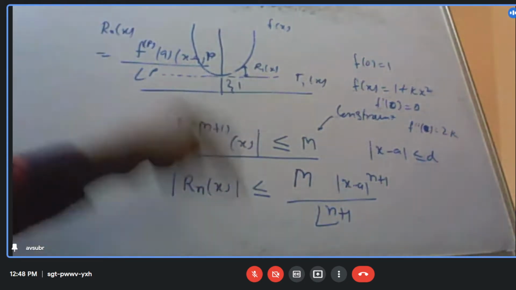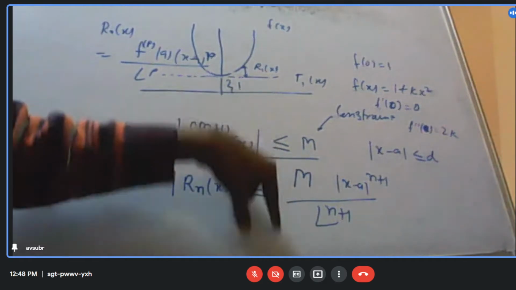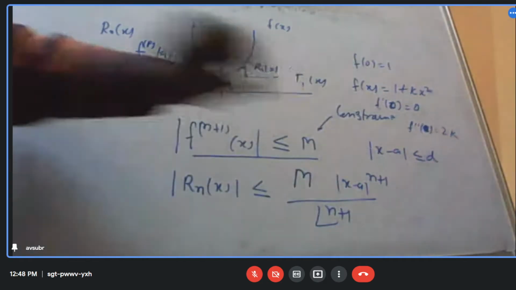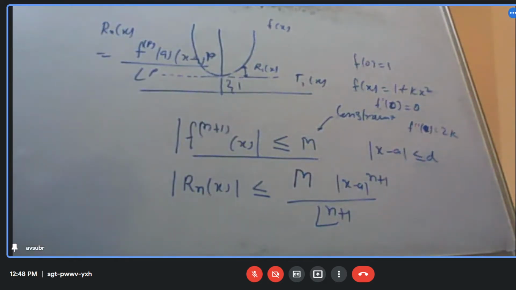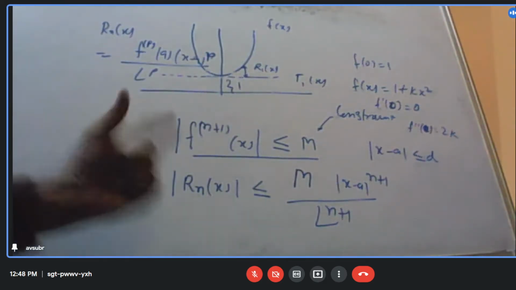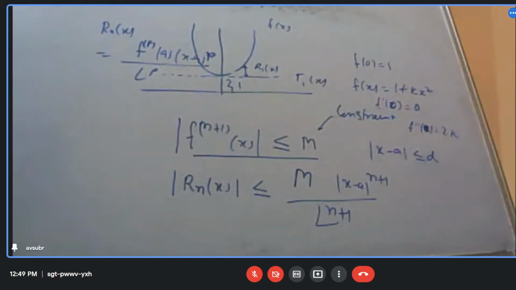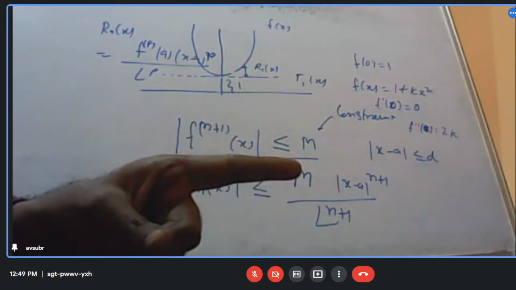So it will depend more on this one, because the more terms we add, this will be faster, because this is in the denominator, so this remainder will disappear faster and faster, or it will become lesser and lesser. I hope it is clear.